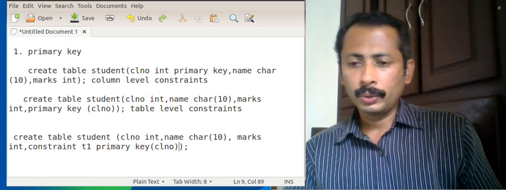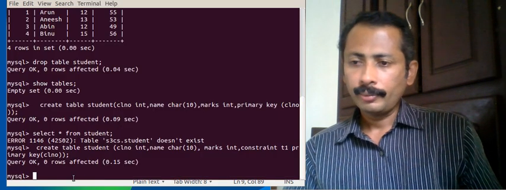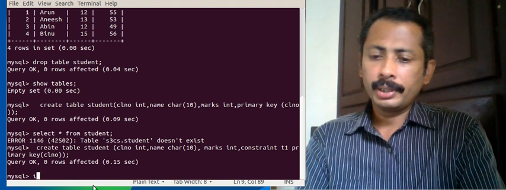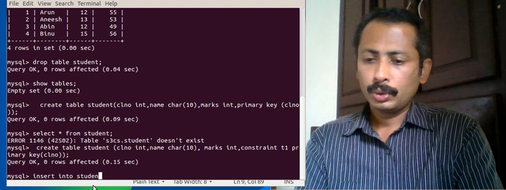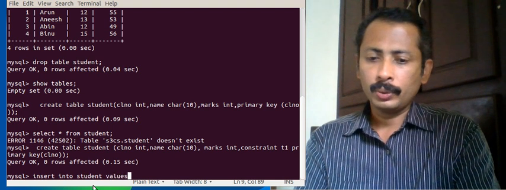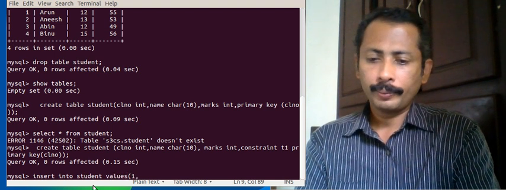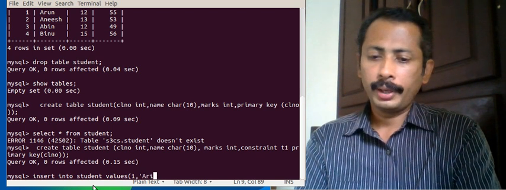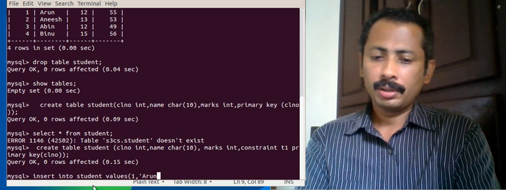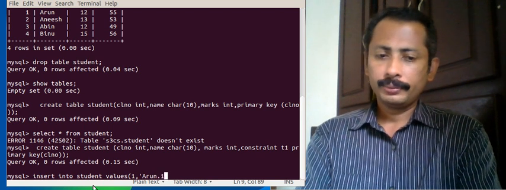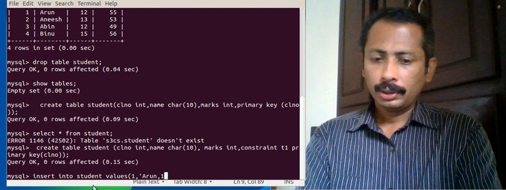We will try to do that. I am inserting values. Insert into student values 1, comma, we have to give the name, iron, comma 100.